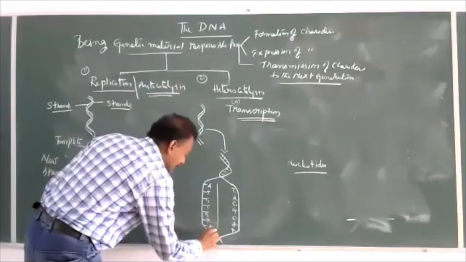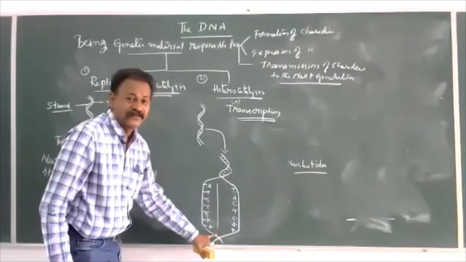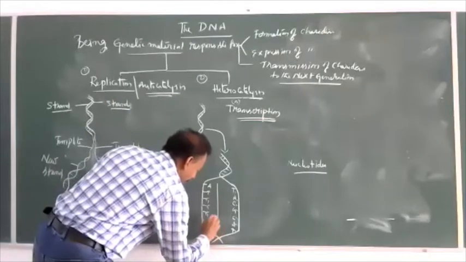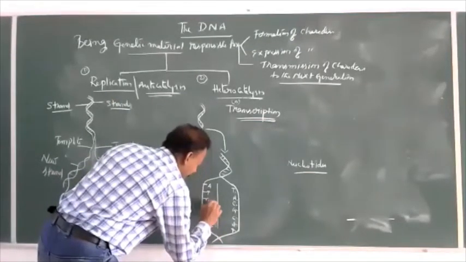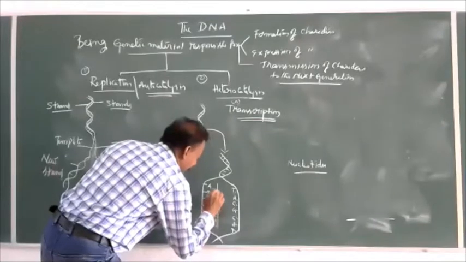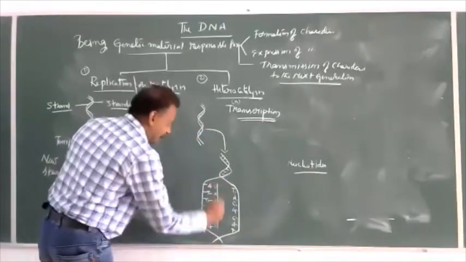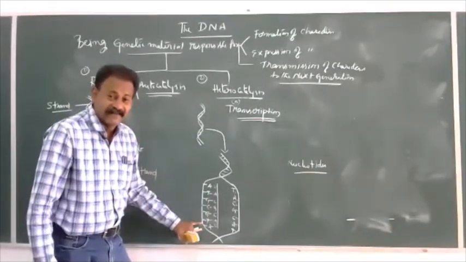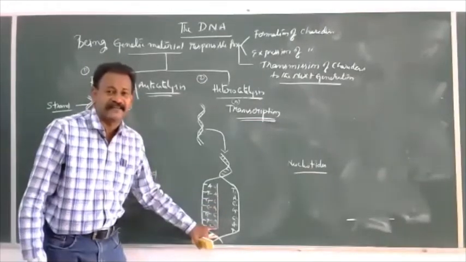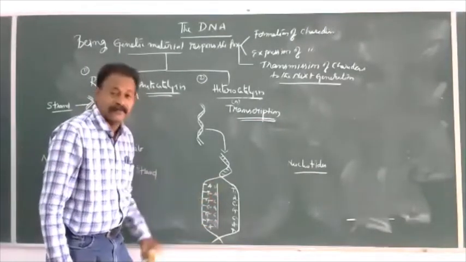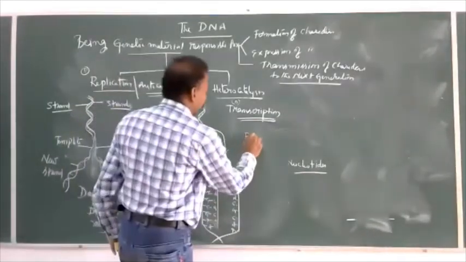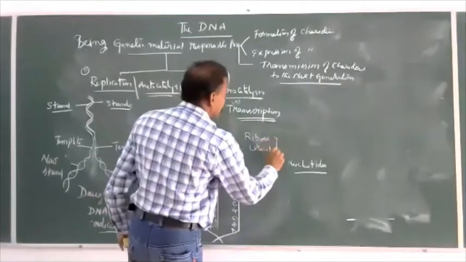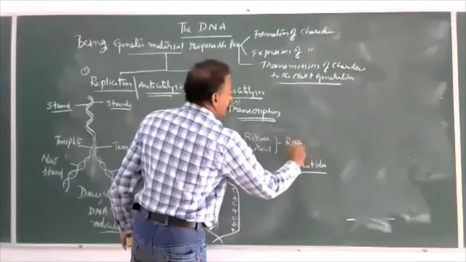Here it is an RNA molecule, so thymine is not found. Instead of thymine, uracil. Thymine pairs with adenine, guanine with cytosine, cytosine with guanine, guanine with cytosine, thymine with adenine, adenine with uracil. So a molecule where ribose sugars are present and the pyrimidine is uracil. Whenever a molecule has ribose sugar and pyrimidine uracil, this is called an RNA molecule, ribose nucleic acid.